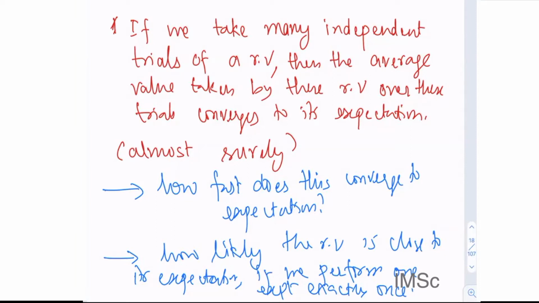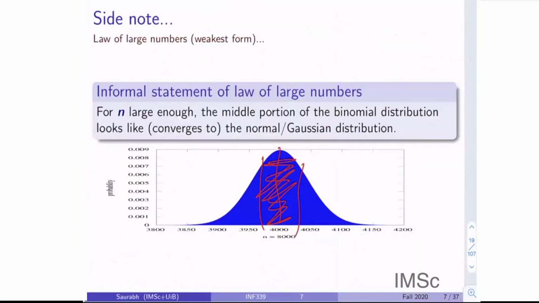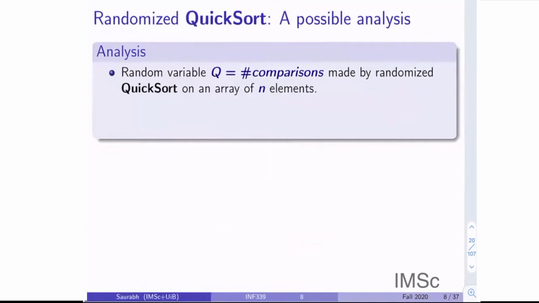For these kinds of things, we need some sort of probabilistic inequalities, and this is what we'll try to say. So the law of large numbers tells us that it is possible to prove that for your random variable, most of the time you're close to your expectation. But in what circumstances can we show this when we are doing only one experiment or two experiments? This is a situation we will encounter when we are doing randomized algorithms or algorithms in big data, so we have to be careful. This is something I wanted to tell you last time.